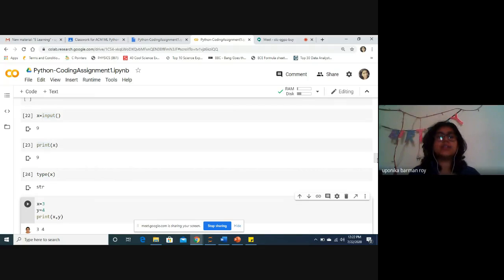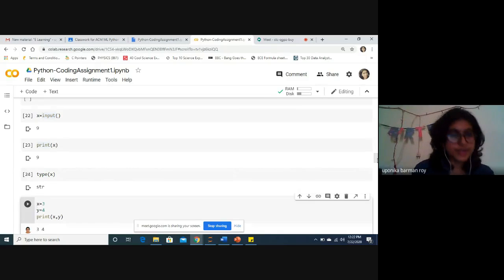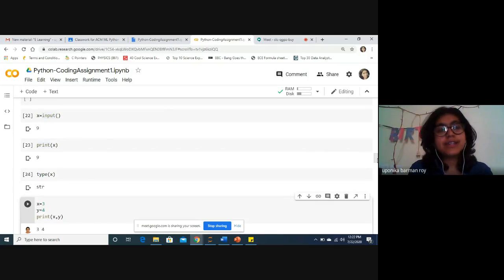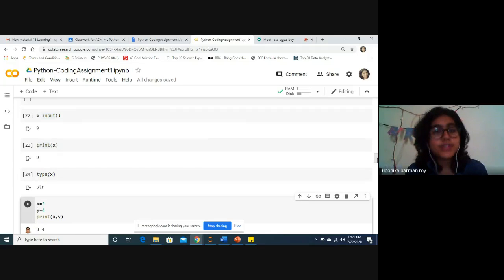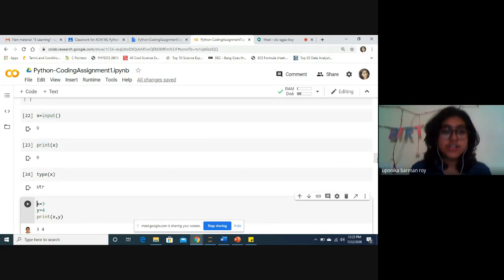And one more thing, this is a very important point. When you are taking an input function into an x, that x, whether the input is an integer, float or string, always by default considers it in the form of a string. So whenever you are initializing any kind of variable, any number or any float number, by default the type is string.